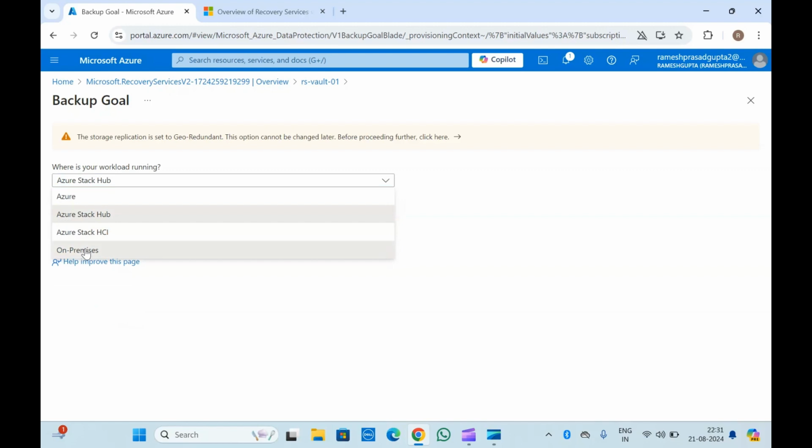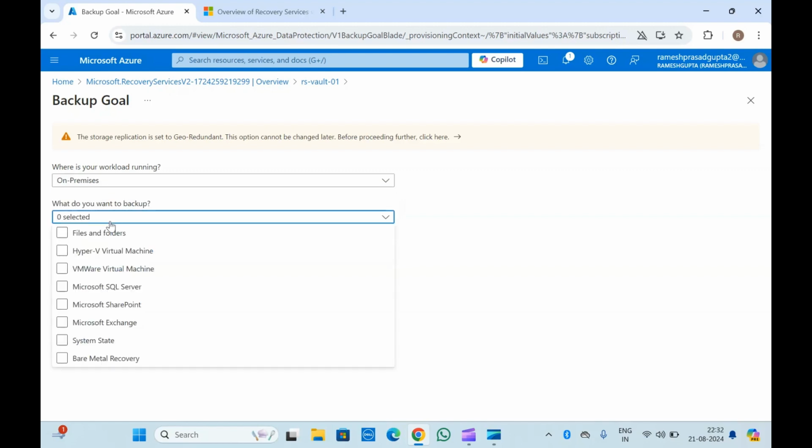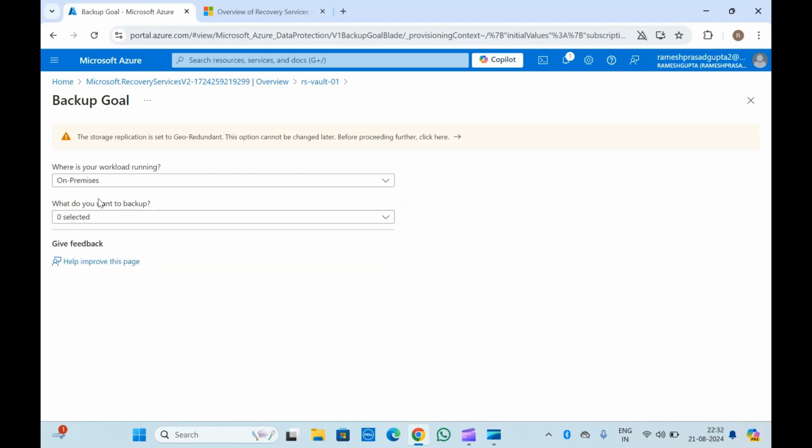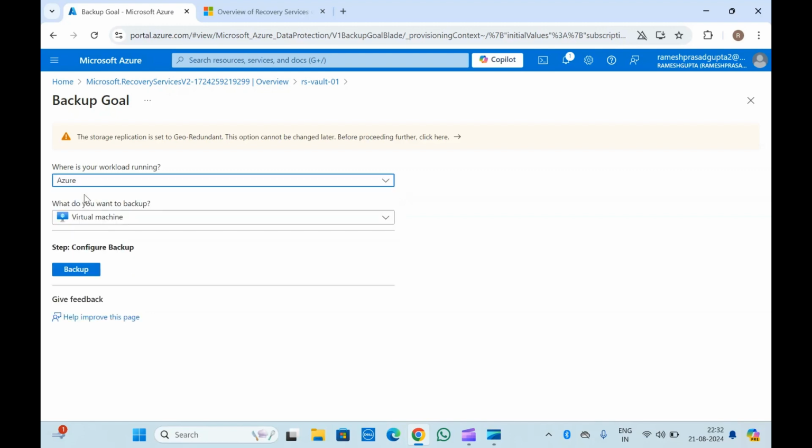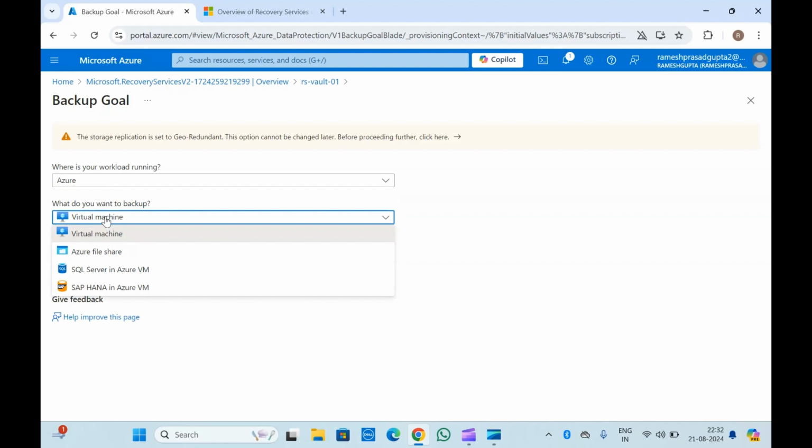So you can create the backup for your on-premises servers as well. Let me select the Azure, and what do you want to back up? You can either back up virtual machine, Azure file share, SQL servers in Azure VM, or SAP HANA in Azure VM. So let me select the virtual machine